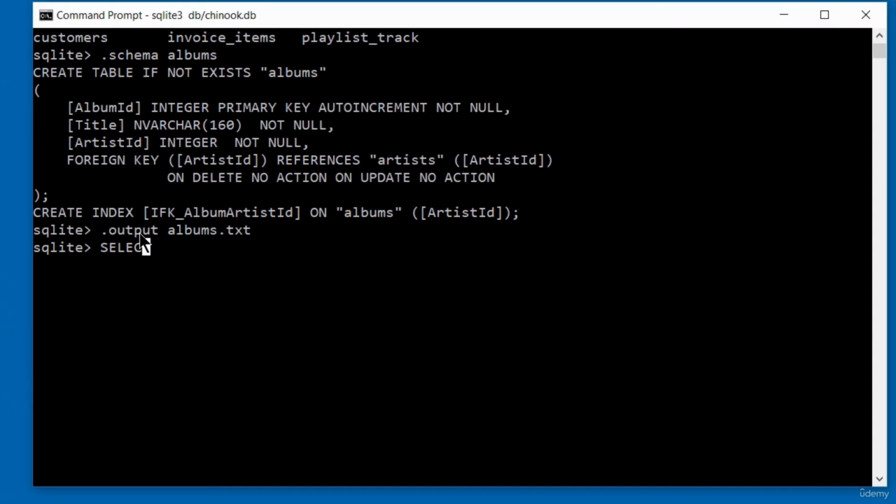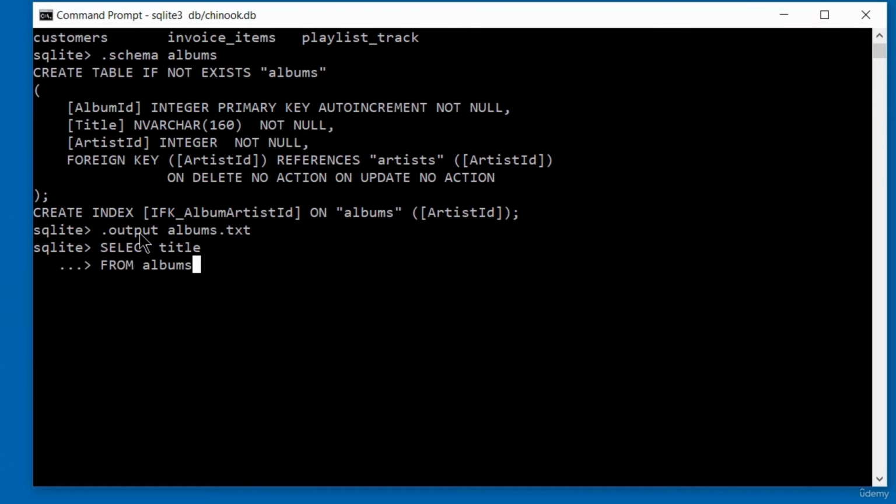I'll do a select title. I'm selecting the title from the table called albums. So I'll select title, and I do from, type in from albums,